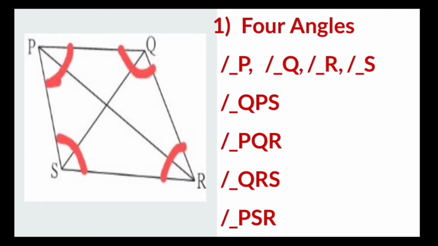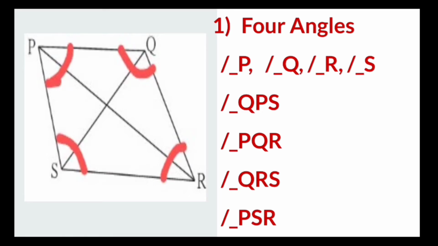Correct now? And then if you want to write the angles using 3 letters, how can we write angle P? Angle P can be written as angle QPS, or you can write angle P as angle SPQ. Point P should be the middle point between these two remaining vertices. So P is the vertex. That's why P should be the middle point. Therefore, while writing angle P, we have to write it using 3 letters, either angle QPS or angle SPQ.